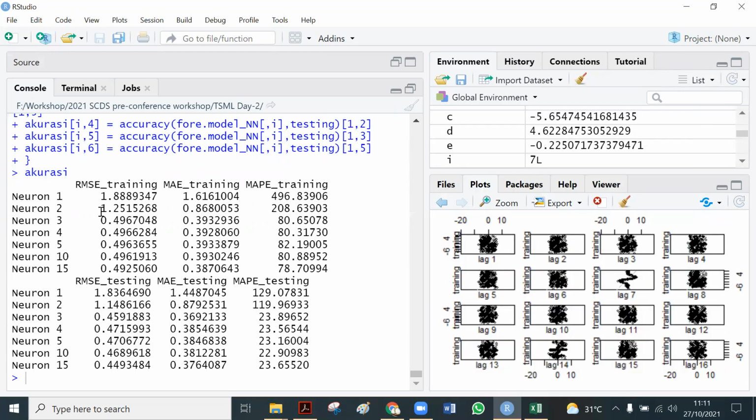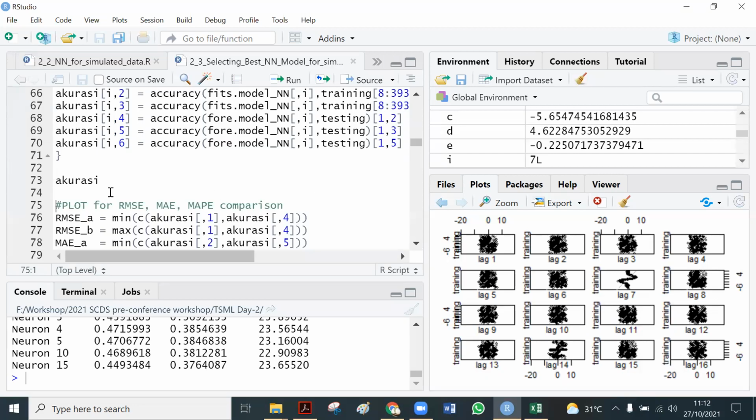Yeah, this is root mean square error in training and also in testing, and the mean absolute error in training and testing, and mean absolute percentage error in training and testing. This is the value. Okay. This is for number of neuron equal to 1, number of neuron 2, until the number of neuron 15.